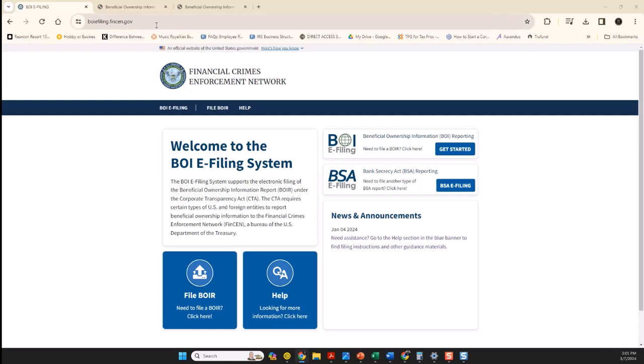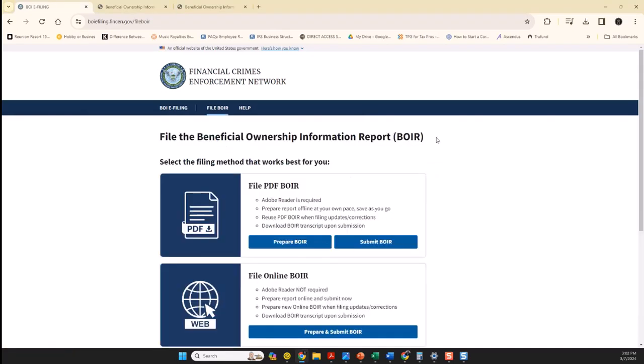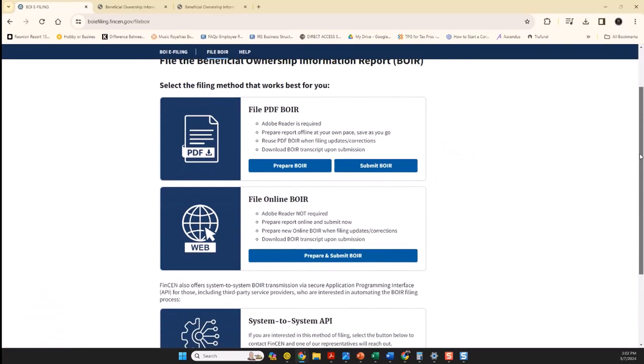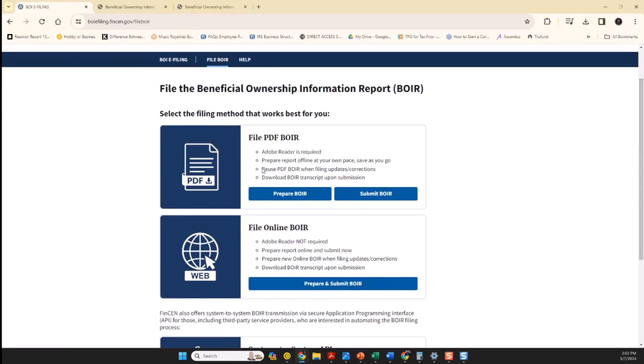So to get started, we will go to the BOI efiling.fincen.gov website. And here on the main screen, you will notice that it gives us several options. We will take the option of completing the beneficial ownership form by selecting Get Started here. And here you will have two options where you can submit the pre-prepared beneficial ownership form in a PDF or file electronically. So we're going to go ahead and submit the beneficial ownership form electronically by clicking the